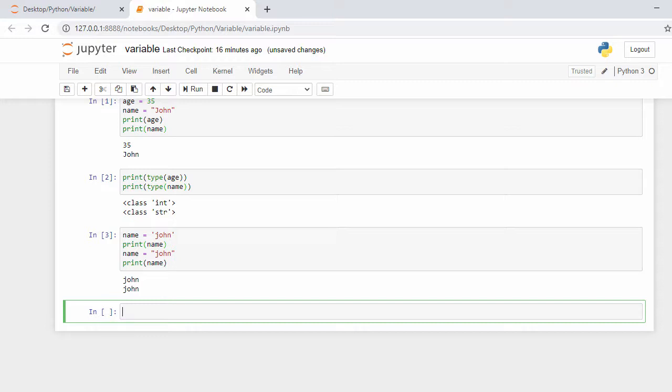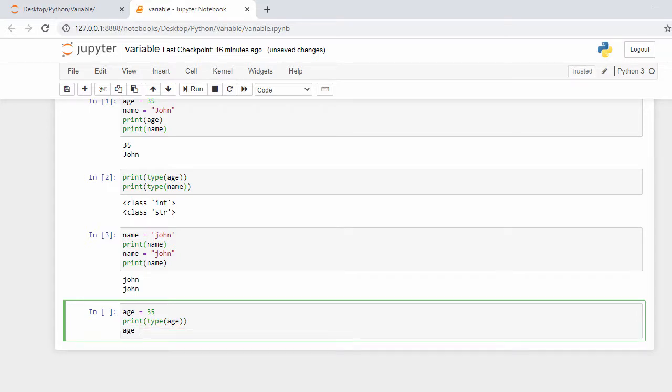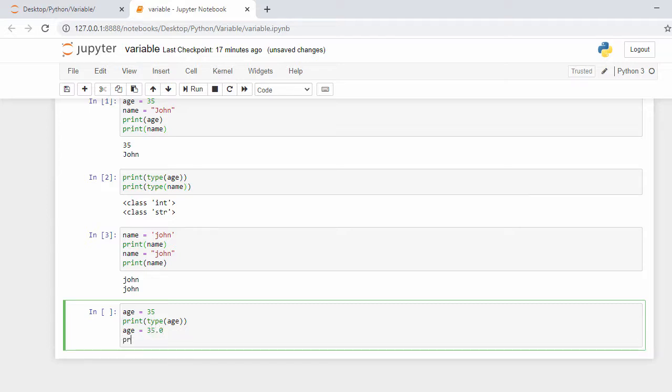So same way let's define some number variables. I say age equal to 35 and say print type of age, and once again I say age equal to 35.0 and say print type of age.